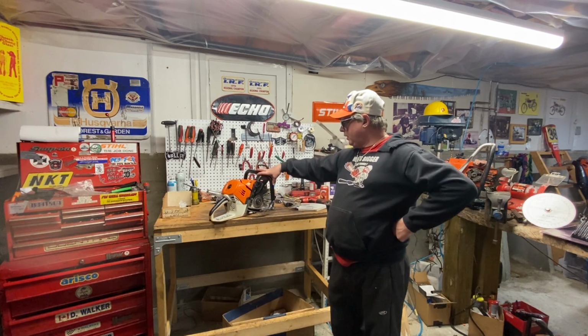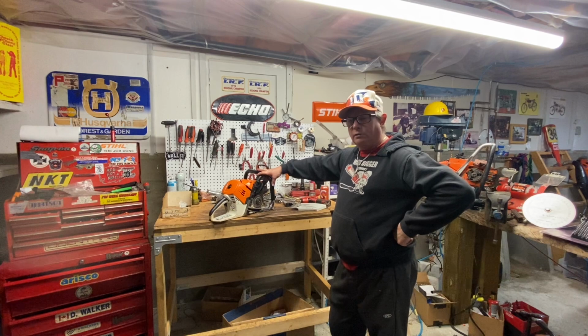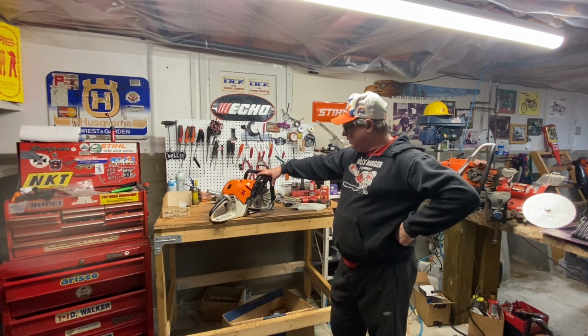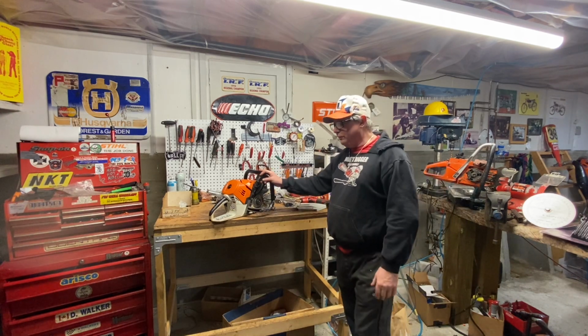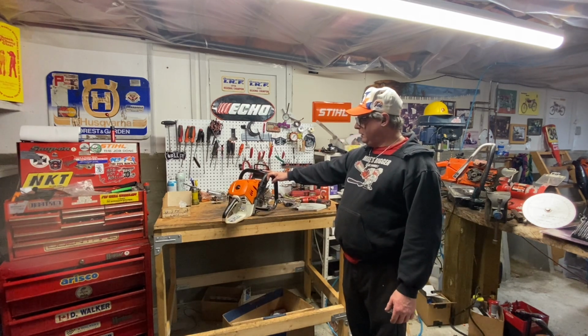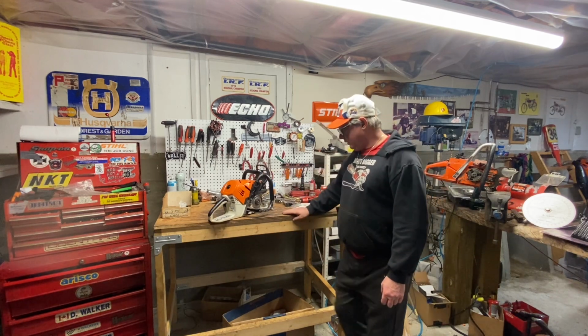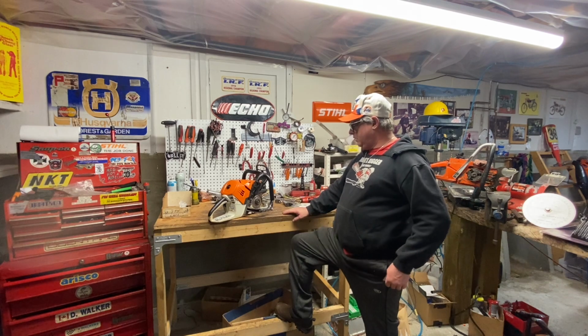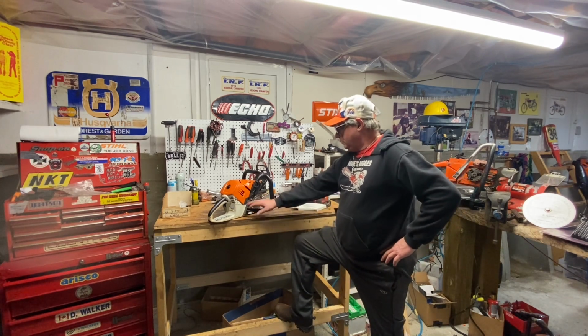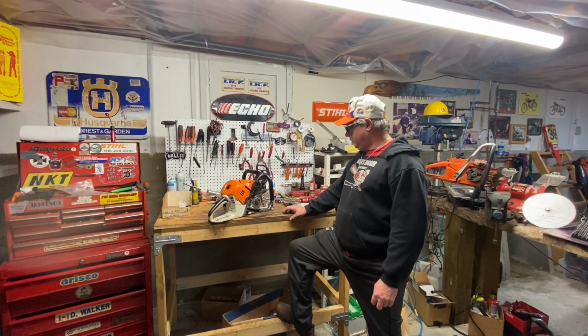So I took it apart today, and then I noticed someone has definitely worked on this saw. So I called him up and I said, well, who'd you buy it from? He goes, oh, this John guy. Oh, John Rutherford. Kind of a small world, eh? A friend of mine, John Rutherford, does saws too. Very good mechanic, very good. Outboards, saws, everything you can think of. A lot more talent than I got. I don't know how to do that kind of stuff. I probably could if I learned it. But anyways,